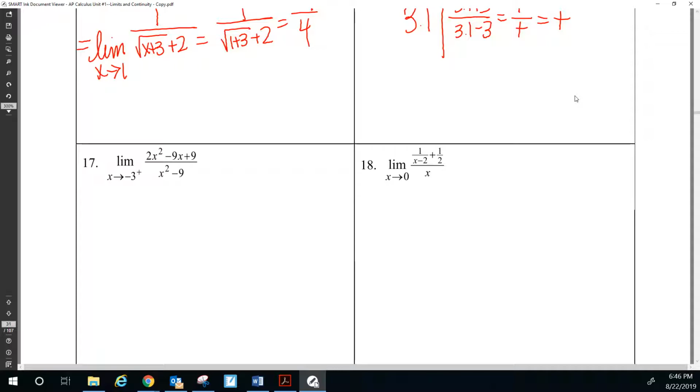Either way, they're looking for a right-handed limit here. So my gut is to just do a table, but let's see what happens. I'm curious now. So we got 2x,